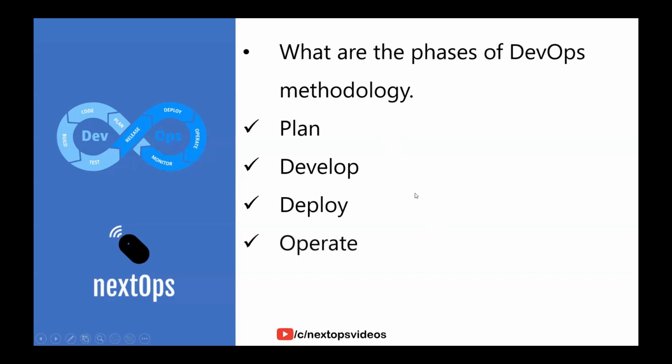Then once the deployment is successful into the production environment and it is running perfectly fine, it is the operational team's responsibility to support the infrastructure and the application for any issues. In order to avoid any kind of other issues, we need to involve some monitoring tools so that we can monitor the infrastructure and application as well to avoid any unnecessary surprises. So these are the different phases of DevOps methodology. Just explain them in simple words, like a single sentence or 2 sentences. That would be enough. Just need to remember these phases of DevOps.